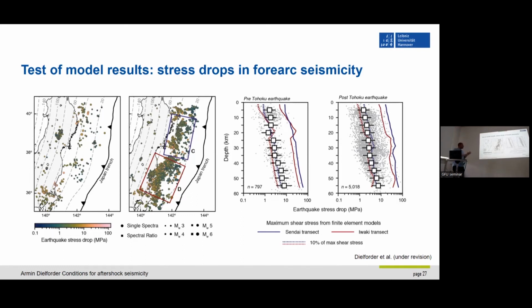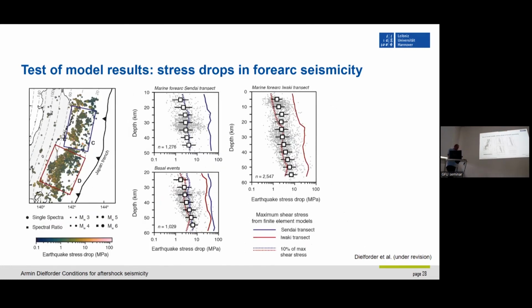So we think that this is first of all confirming that we have a good idea about the stress conditions in the forearc, and that the stress drops release on average something of about 10% of the background stress within the forearc. The diagrams that I showed you before were for the entire forearc region. We can also look at